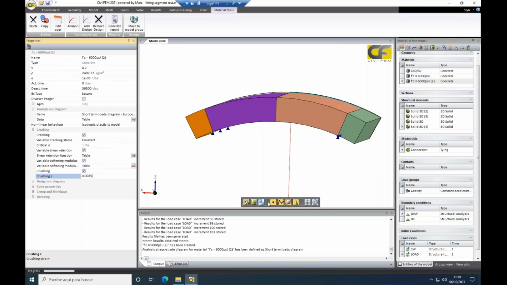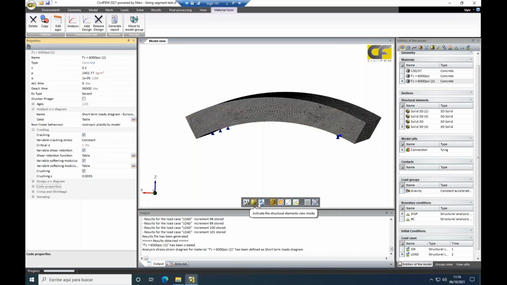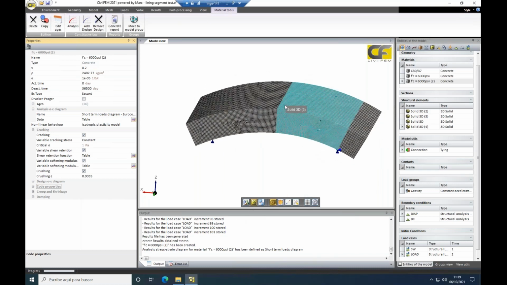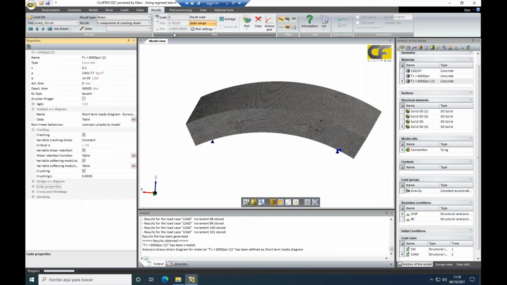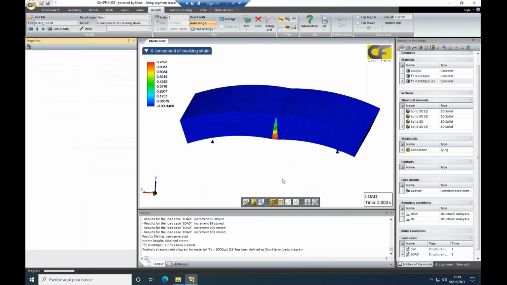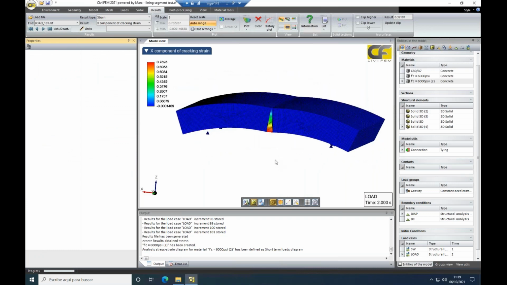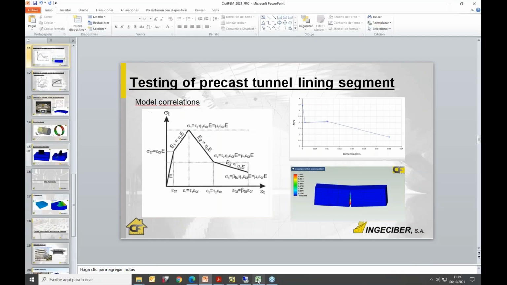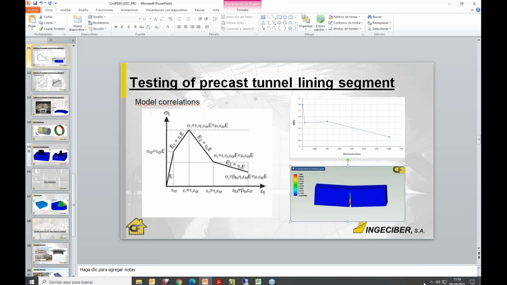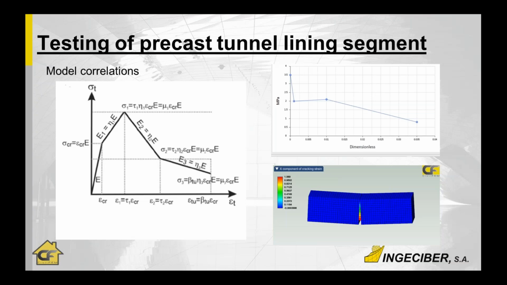Well, just after creating your material models and material properties, you create the mesh, apply the loads, and then after solving, you can plot the results, the cracking results. After the configuration of the material properties and the different models,